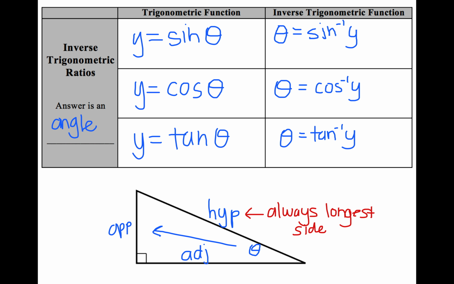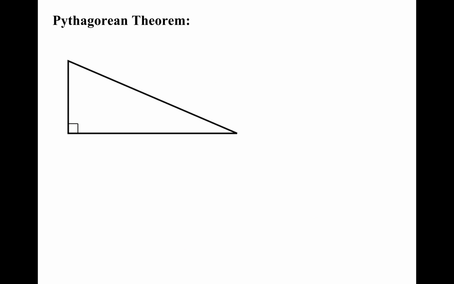So let's go through some examples of using these trig functions in various ways. But before we do that, we need to review the Pythagorean theorem. This is a theorem that talks about the relationship between sides on a right triangle. So if I label a triangle with sides A, B, and C, where C is always the hypotenuse,